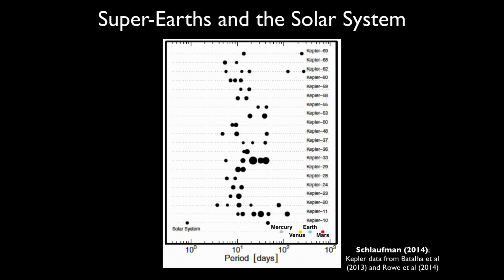So this illustration shows a selection of super-Earth systems with the solar system at the bottom for comparison. You can see they're much closer into their stars, and they're often in systems with many planets. Now, our goal here is to build a model that can explain how these planets